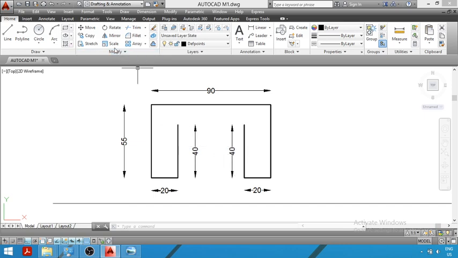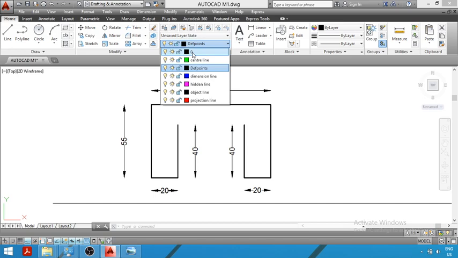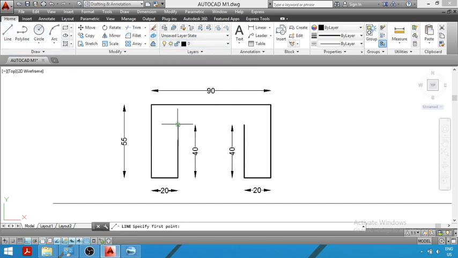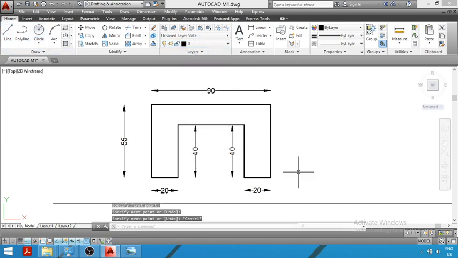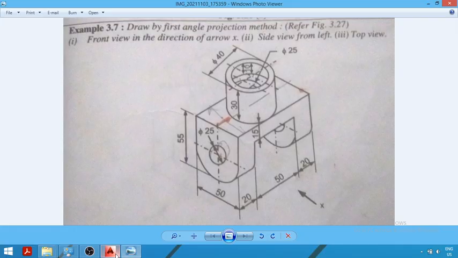Now in the next step we will join these two points by drawing a straight line. So now you have to draw a straight line from this point to this end point. So finally we have completed the front view of this surface. This surface is completed in the front view, that is when we see the object from the direction of x, what shape we will observe for this surface. So we have completed the front view of this object and we have represented the front surface.